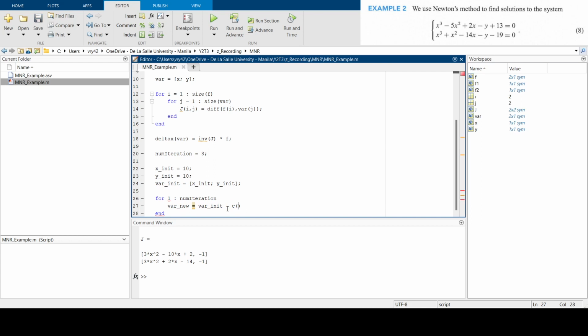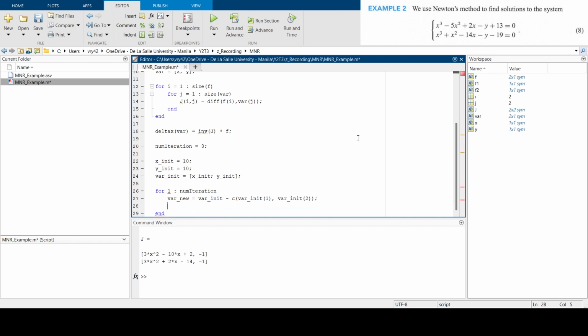And remember, these two variables are your current variable values. So var init 1, comma, var init 2. And then don't forget to make your current value into the initial value. Okay, after that,